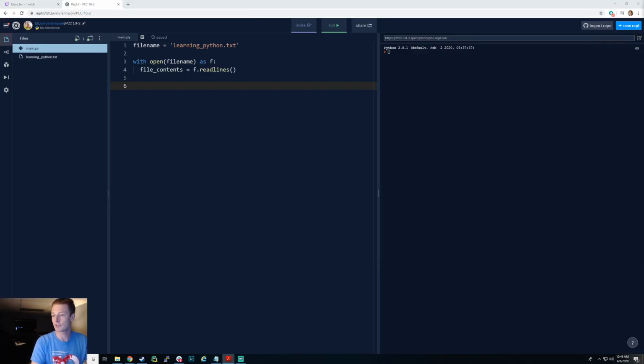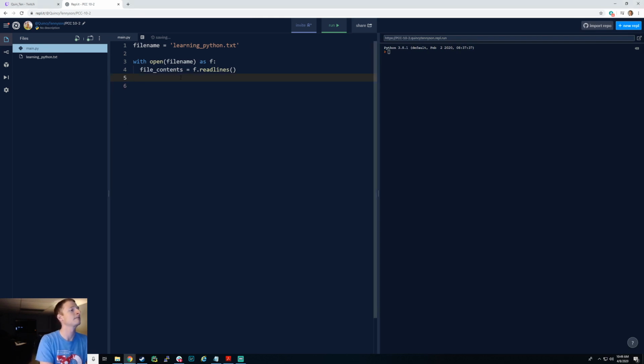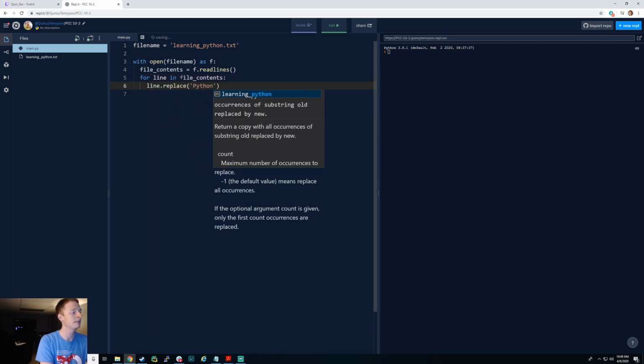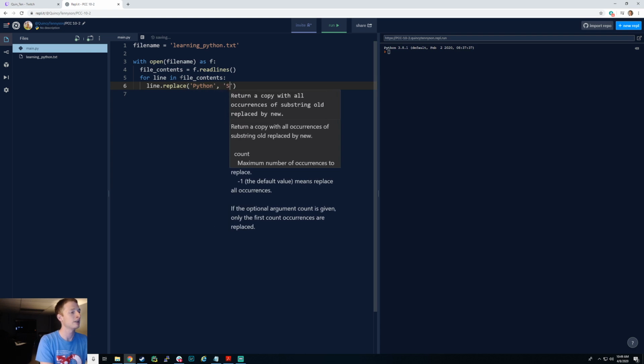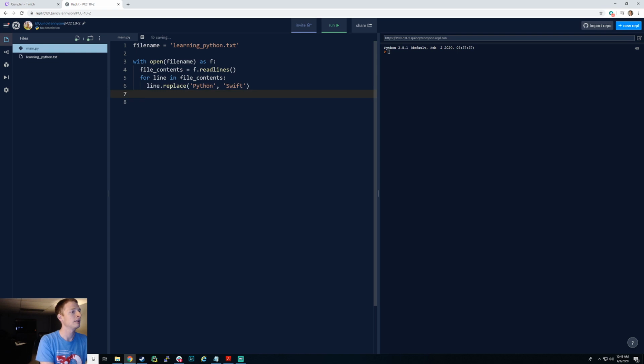But we're going to work on printing out the modified line. So let's see. We can just say for line in file contents, line.replace Python with Swift, and then